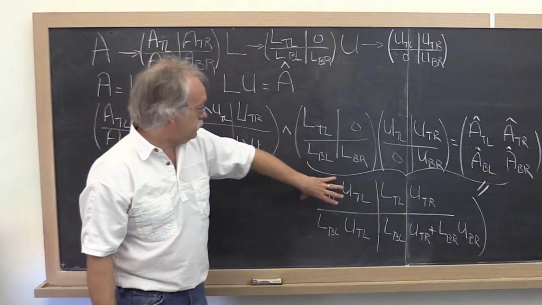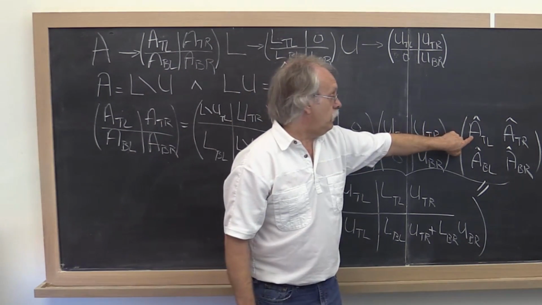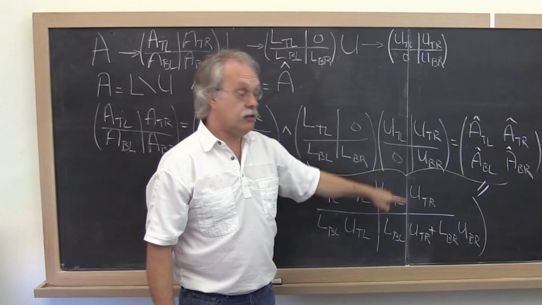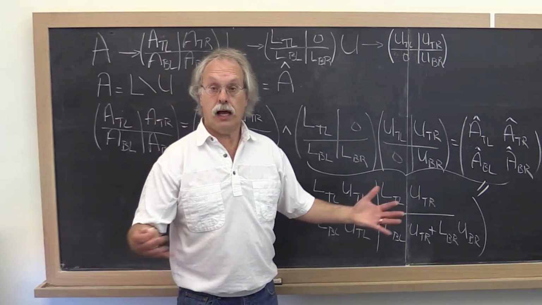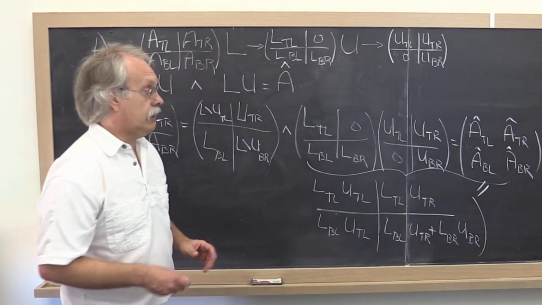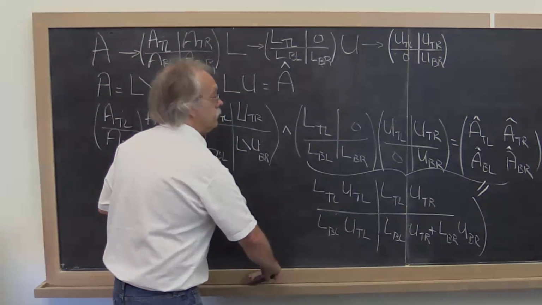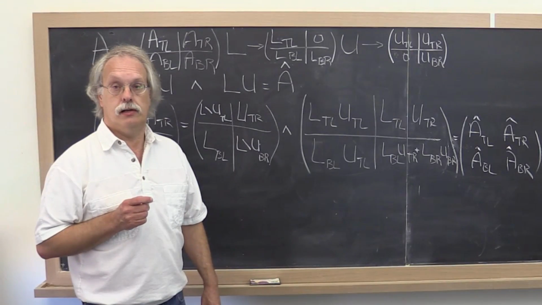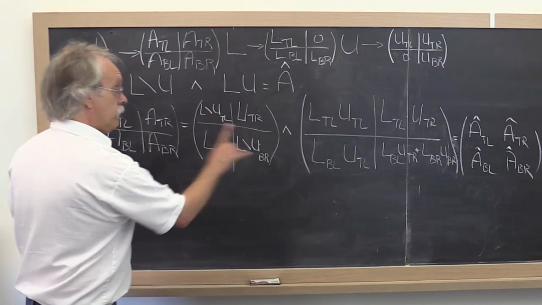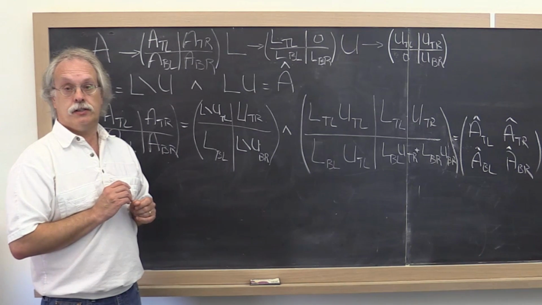And now what we have is we know that the top left of L times the top left of U must be equal to the top left of A, the original contents of that, etc. Okay? And that means that we now have a partitioned matrix expression. Okay, now let me take a minute and write that down a little bit cleaner. Okay, so now the question becomes, how do we take this partitioned matrix expression and how do we extract different